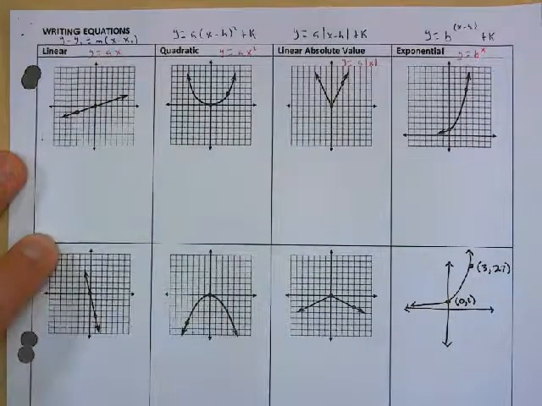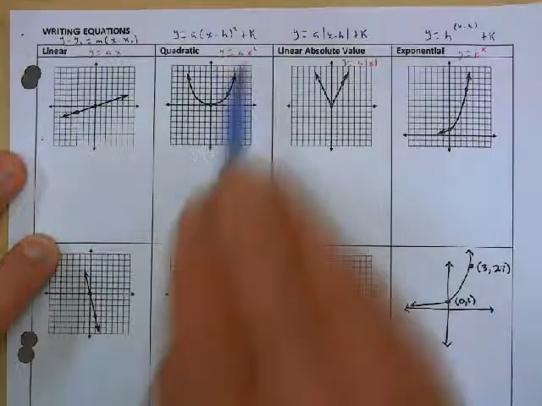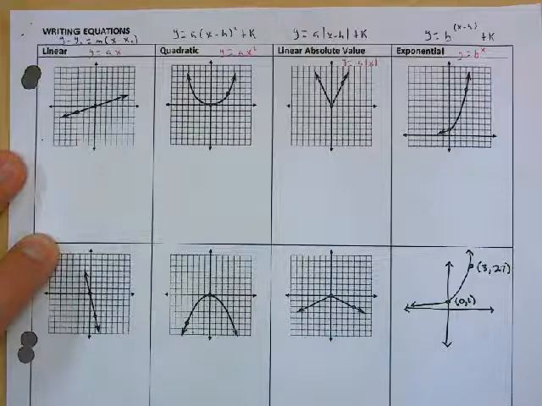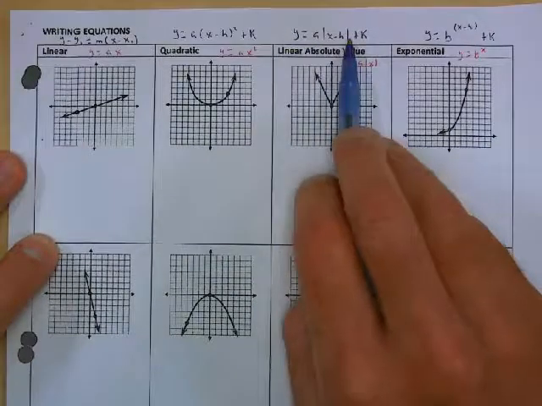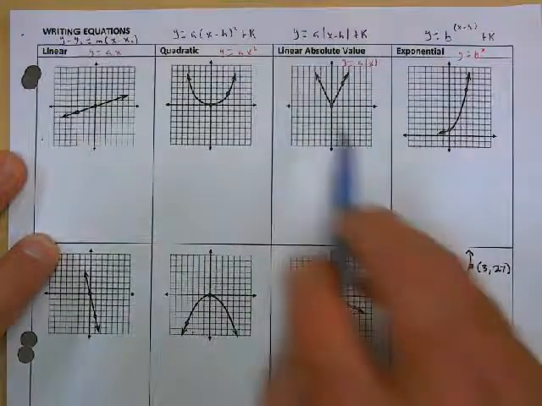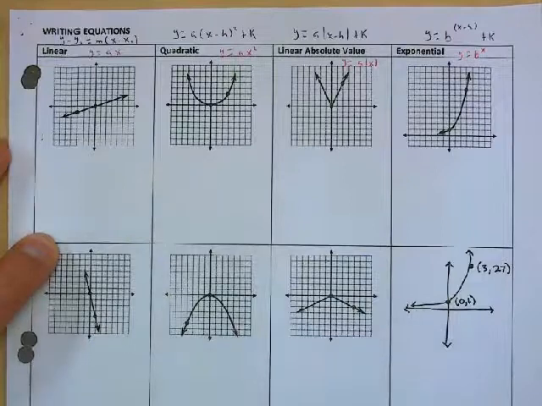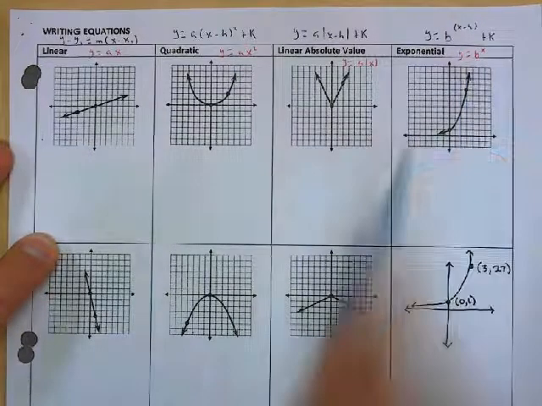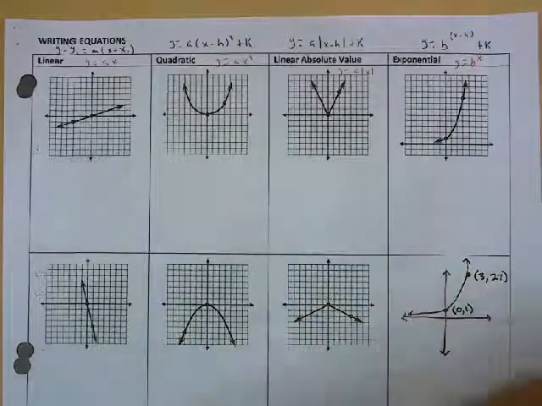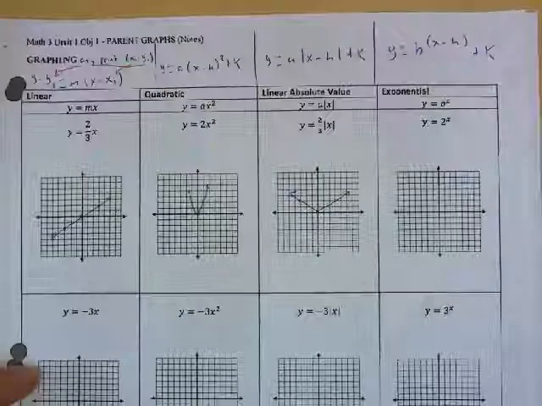So we just need to find that a value. Same thing for parabolas. Normally we've got this big equation, but y equals a times x squared is all you're going to see on this worksheet. Similarly, for a linear absolute value, this is what the equation looks like. But for this worksheet, it's just going to be in this form, y equals absolute value of a times x. And for exponential functions, it's normally this whole equation, but we're only going to see them in this form on this worksheet,